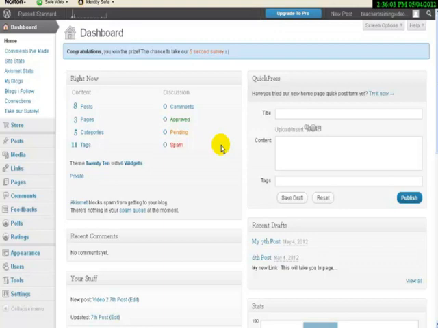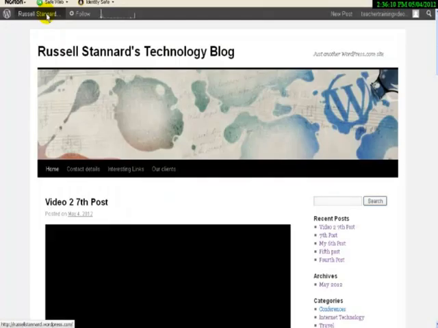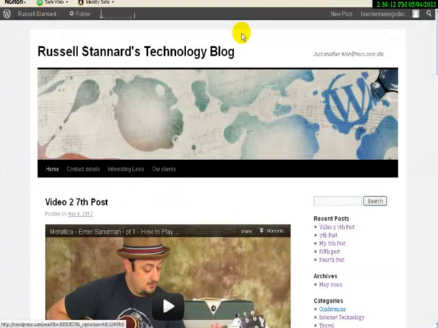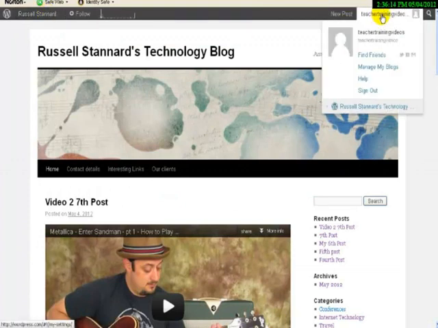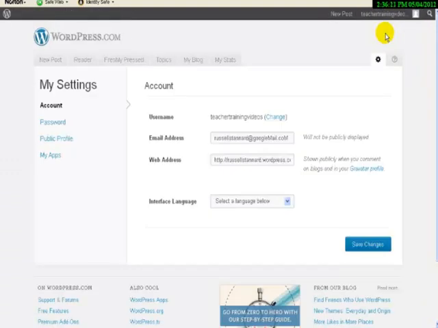At the moment you are on the dashboard. If you want to see your blog, you can click here because you are already on a particular blog. If you want to go back right to the beginning, then all you need to do is to click here, and that will take you right back onto the very first page, where you've got your username and your email address and your web address, and